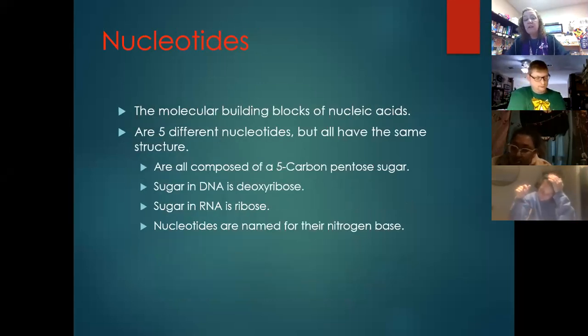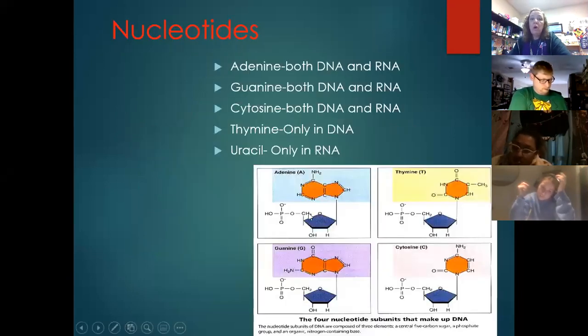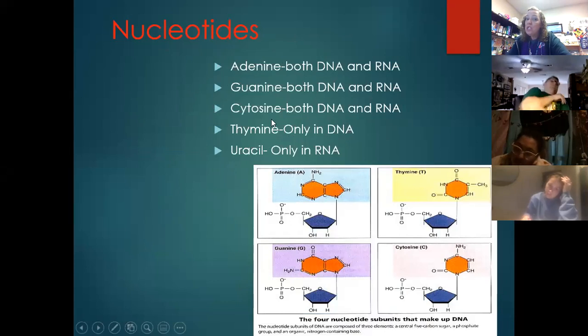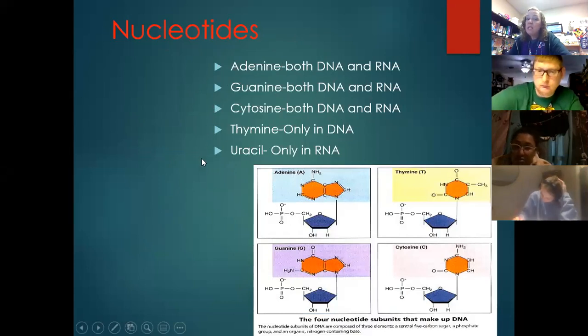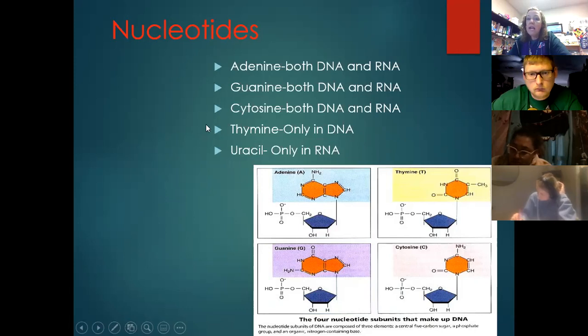We had 5 nucleotides. Nucleotides, remember, are the proteins that bond together to make up DNA. Now in DNA, we have these 4: adenine, guanine, cytosine, and thymine. And remember, I did say that might be a great multiple choice question. Which of the following is only found in RNA, or which of the following is only in DNA and not RNA? Just saying, I don't know. Might be a question on the test.